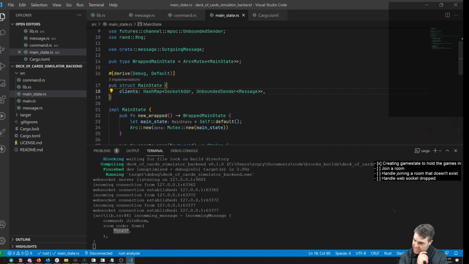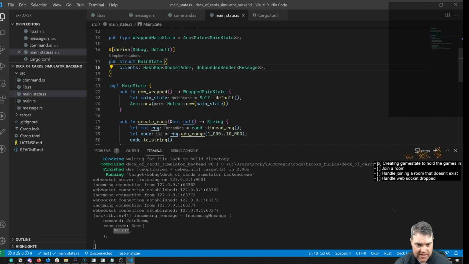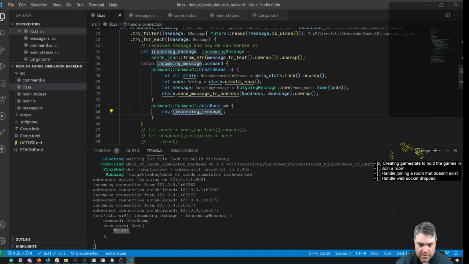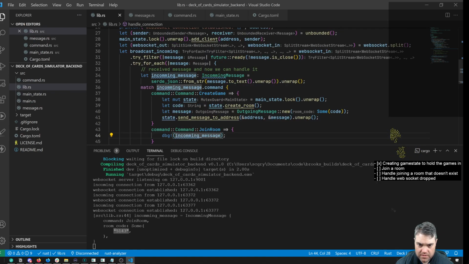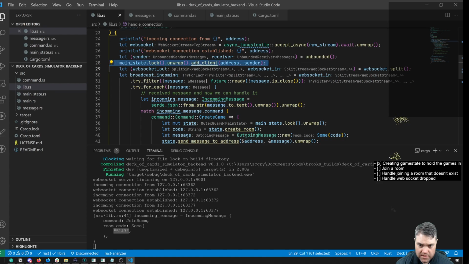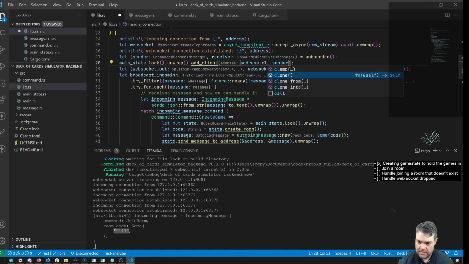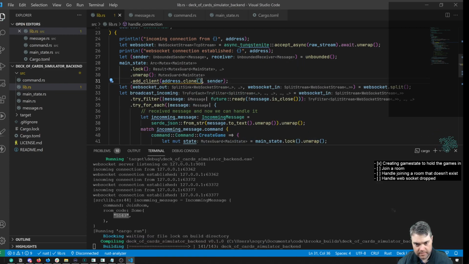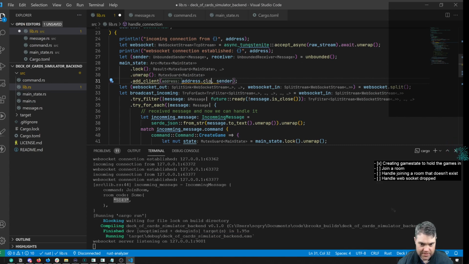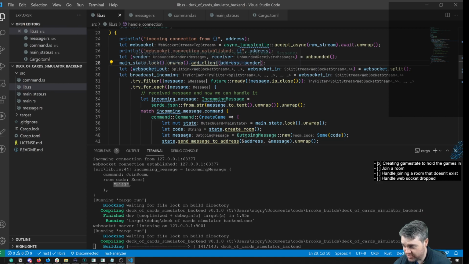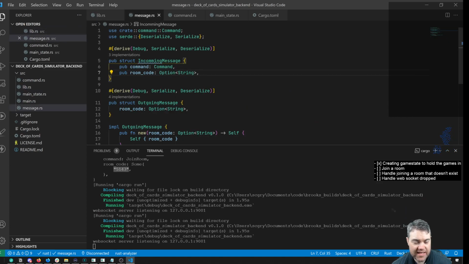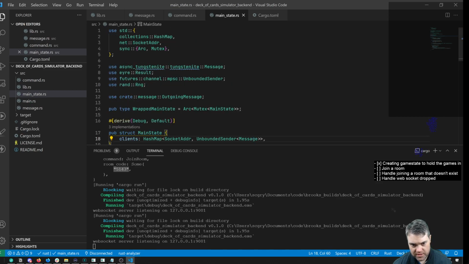With the socket address, that socket address seems to be clonable, or at least it seems to implement copy. Right now, can I? Yeah, okay. So this address is fully clonable, which means that we can now in our main state hold